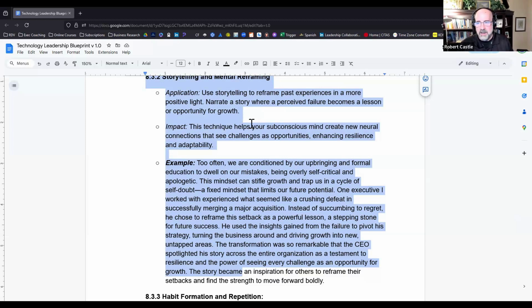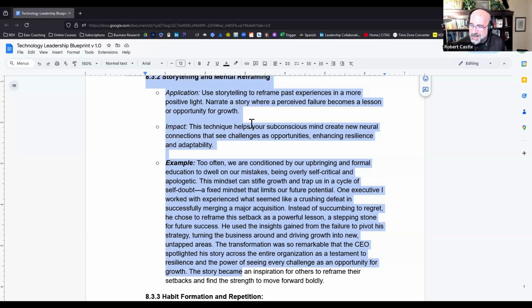So here's an example. Too often we're conditioned by our upbringing and formal education to dwell on our mistakes, being overly self-critical and apologetic. This mindset can stifle growth and trap us in a cycle of self-doubt, a fixed mindset that limits our future potential. One executive I worked with experienced what seemed like a crushing defeat in failing to merge a major acquisition. Instead of succumbing to regret, he chose to reframe this setback as a powerful lesson, a stepping stone for future